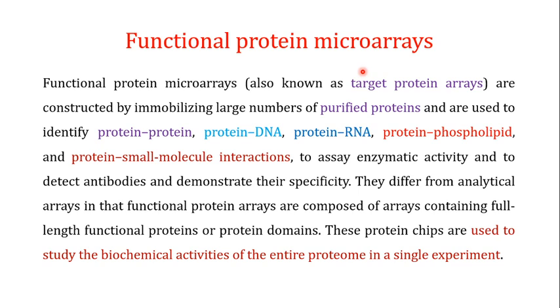The second type of protein microarray is known as the functional protein microarray. The functional protein microarray is also known as the target protein array, and it is constructed by immobilizing a large number of purified proteins. This is different from the analytical microarray, where you are immobilizing the antibodies, the aptamers, or the antigen. Here you are immobilizing a large number of purified proteins, and the goal in the functional protein microarray is to